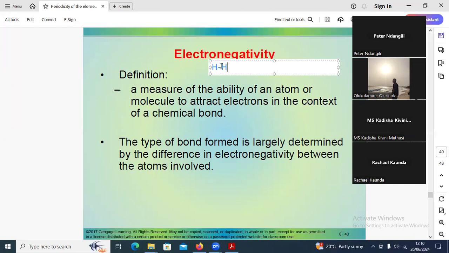The electrons here are shared in the middle because the electronegativity of this hydrogen is the same as the electronegativity of this hydrogen, and therefore the electrons, we say, are shared in the middle of the bond. But now when you have hydrogen bonding with chlorine,